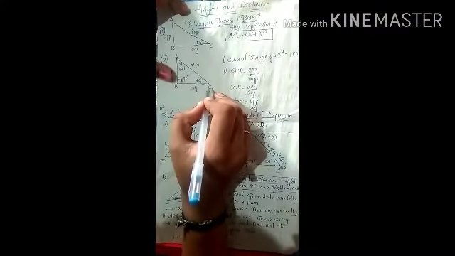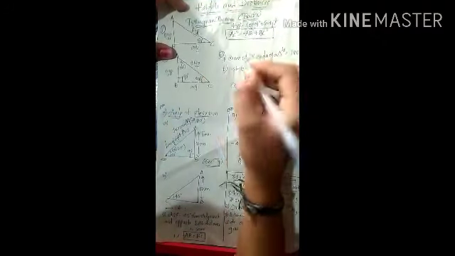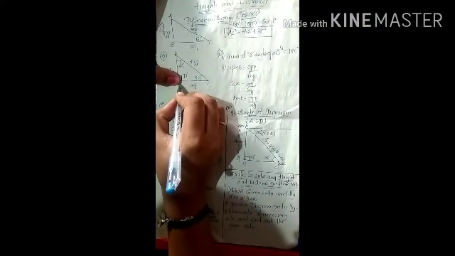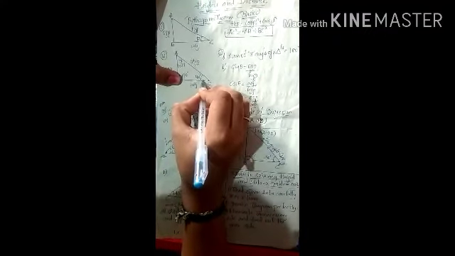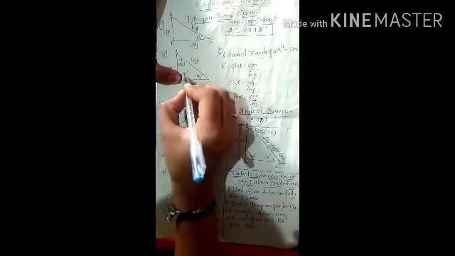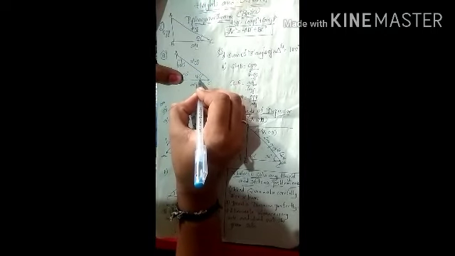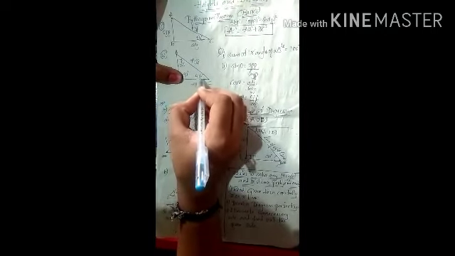Next one, in a right angle triangle, everybody knows this is our right angle, 90 degrees. Next, the sum of the three angles of a triangle should be 180 degrees. We all know this one. Important point: the sum of three angles of a triangle must be 180 degrees. Definitely here it will be 90 degrees, right? Suppose here I take 40 degrees, then what angle will be here? Here 90 degrees is there, here 40 degrees is there. 90 plus 40 is how much? 130 degrees. Then what remains out of 180? 180 minus 130 is 50 degrees.